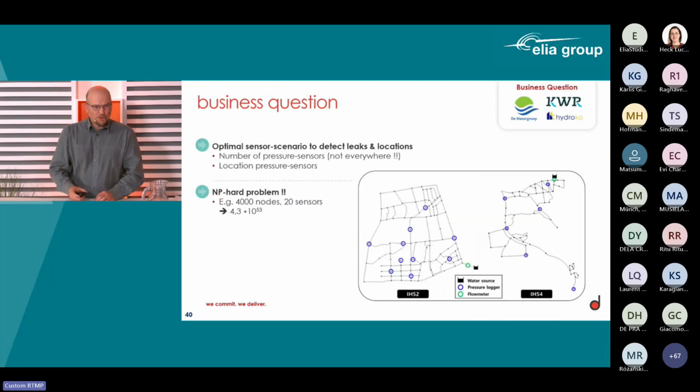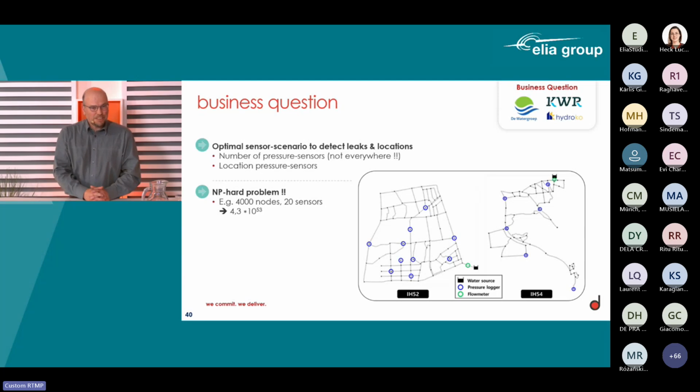Actually, what we wanted to do is to have a system in place with pressure sensors at certain locations in your network, just to read out the pressure differences over time, to see, okay, the leak might be there. And it doesn't need to be completely precise, but if we find the right street or the right vicinity of the leak, it's already helping, because otherwise you just start searching around.